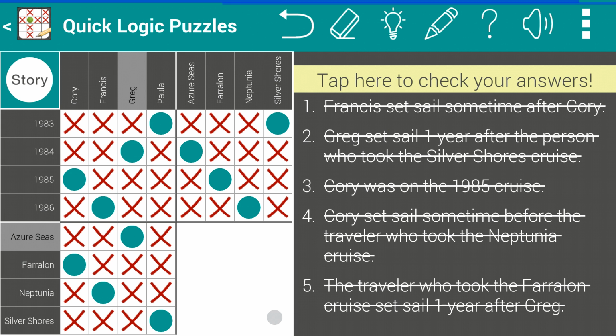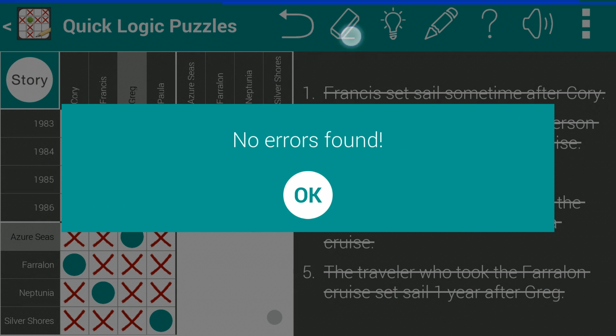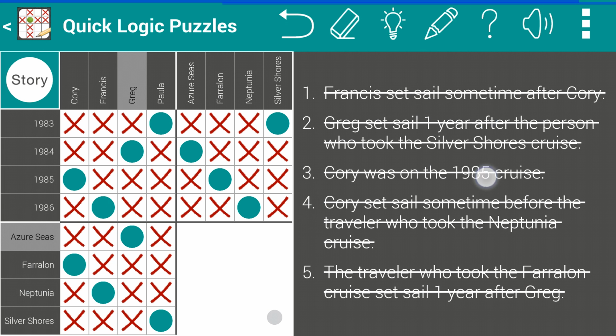And when you finish the puzzle, you see this new prompt that shows up at the top here. Tap here to check your answers. Now, we've already been checking our answers all throughout, and we know that we don't have any errors. But when you check your answers there, and that just totally disappeared. When you check your answers there, it will tell you your total time, and it will tell you your time as it compares to the